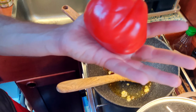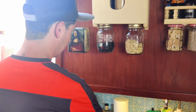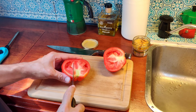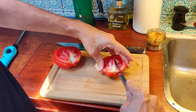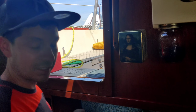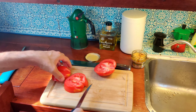Look how beautiful tomato. So this tomato here, very nice, very mature, and is in season. So do this in summertime, okay? This is like a heirloom tomato. So let's cut the tomato in pieces. Let's say if you're doing this in the winter, just use the canned tomato. This part here is not good because it doesn't taste like anything, so we don't use this part. This part we give to the fish. Fish eats that. Then let's cut the tomato in little cubes,